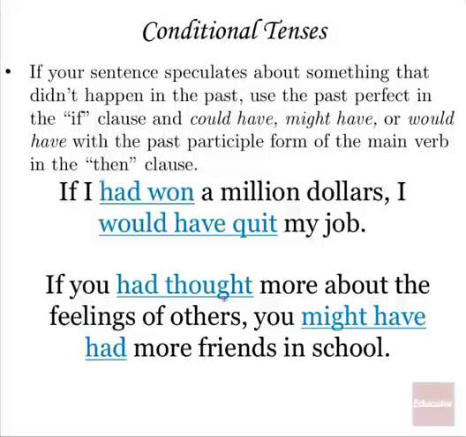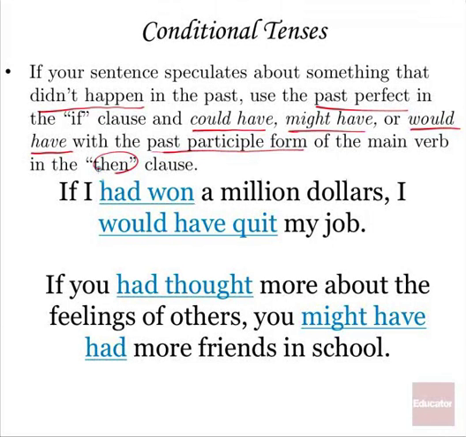All right, if your sentence speculates about something that didn't happen in the past, you use the past perfect in the if clause and could have, might have, or would have in the past with the past participle form. Remember, that's usually the ed form, or the one you use for the simple past tense, of the main verb in the then clause. If I had won $1 million at some point in the past, I would have quit